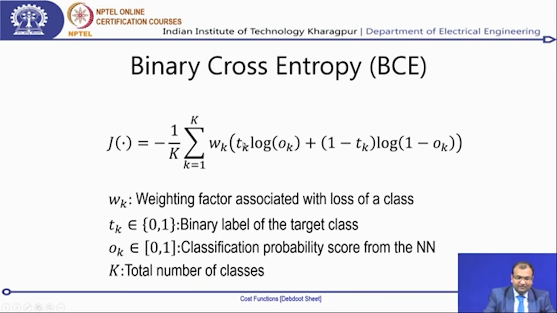Now, Tk is basically the binary label associated with a target class. Now, you remember that in the classification problems which we are solving till now, the way we were defining the target output vectors over there, it was always a number of classes cross 1, and it was a one hot vector, which means that the class label of that sample which is being used for training or whenever you are classifying,